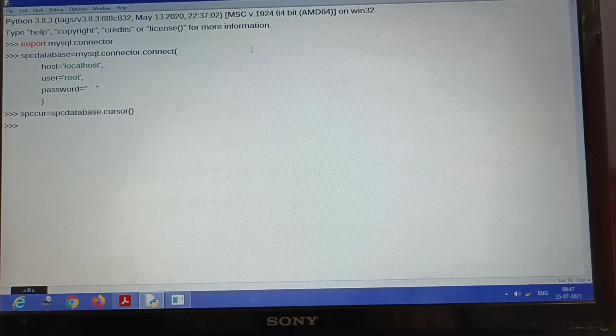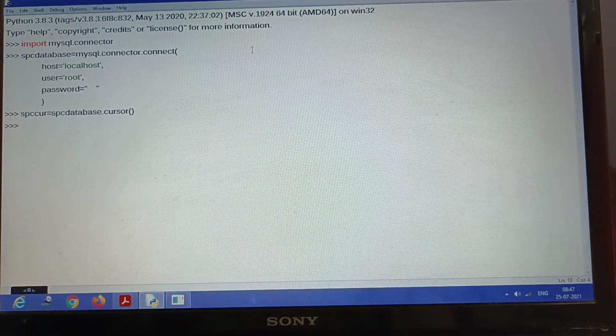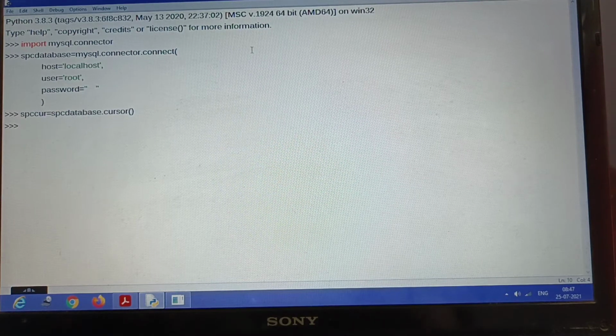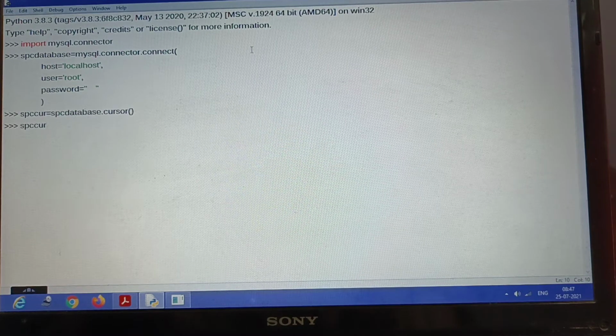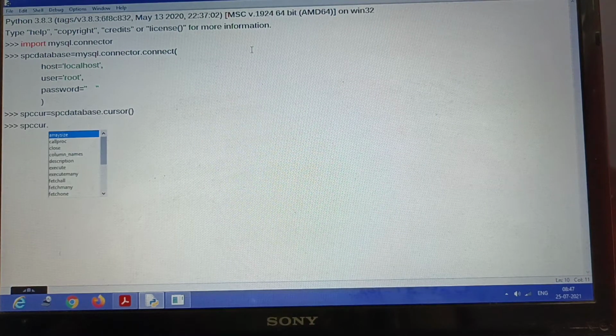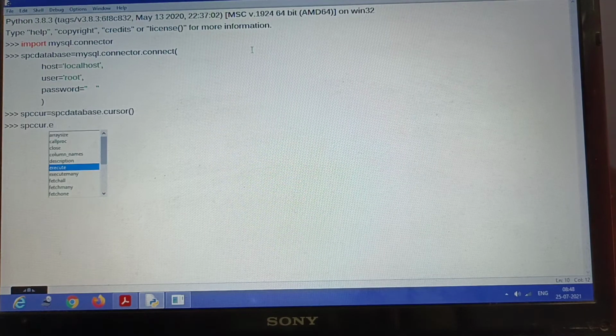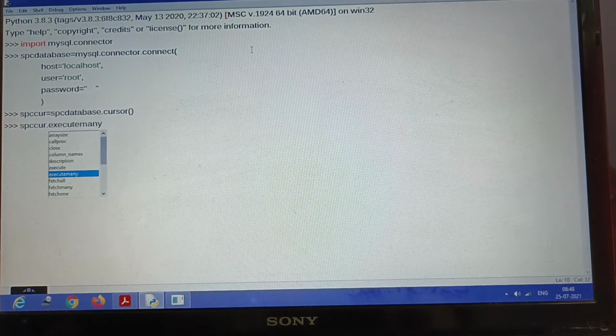SVC database has called the cursor function, and I've stored it in SVC car. Now I can use this SVC car to call another method, that is the execute method. Again it is giving me a suggestion, and I will call execute.